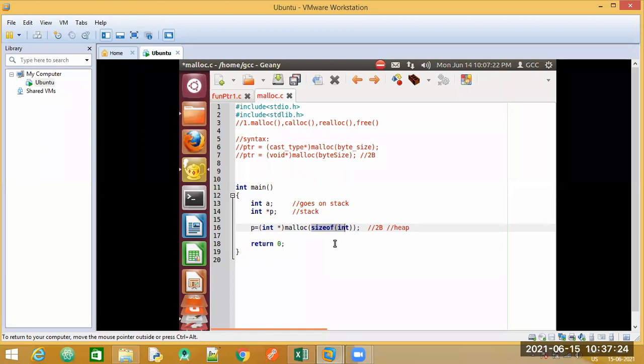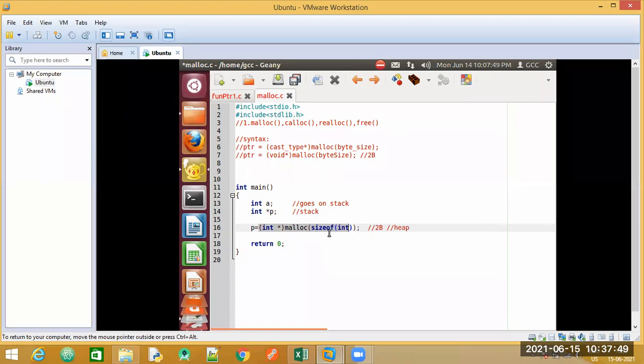Currently, since we have not written 10 bytes or 20 bytes, no array, nothing is there, we can just write sizeof integer. We just want to store a variable of type integer. Integer takes 2 bytes.